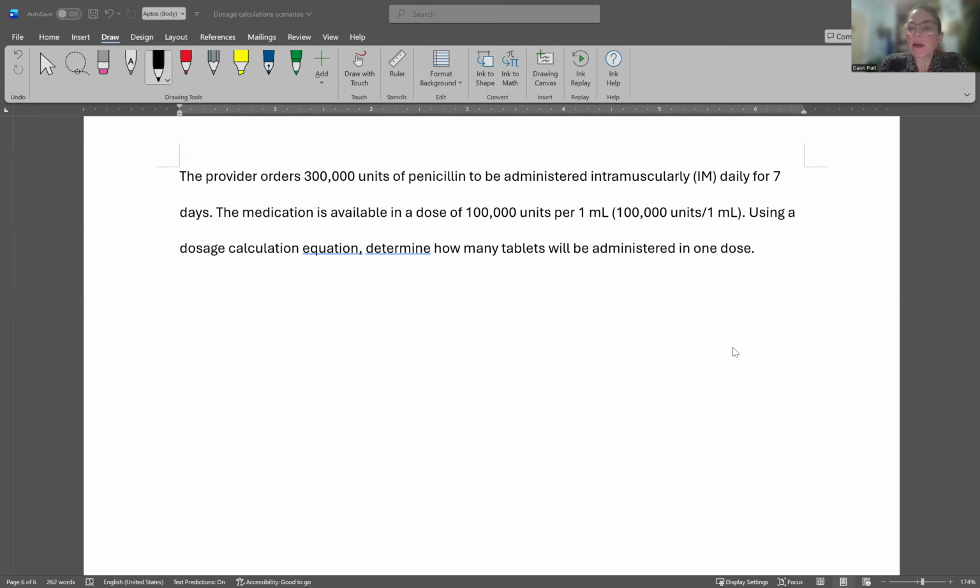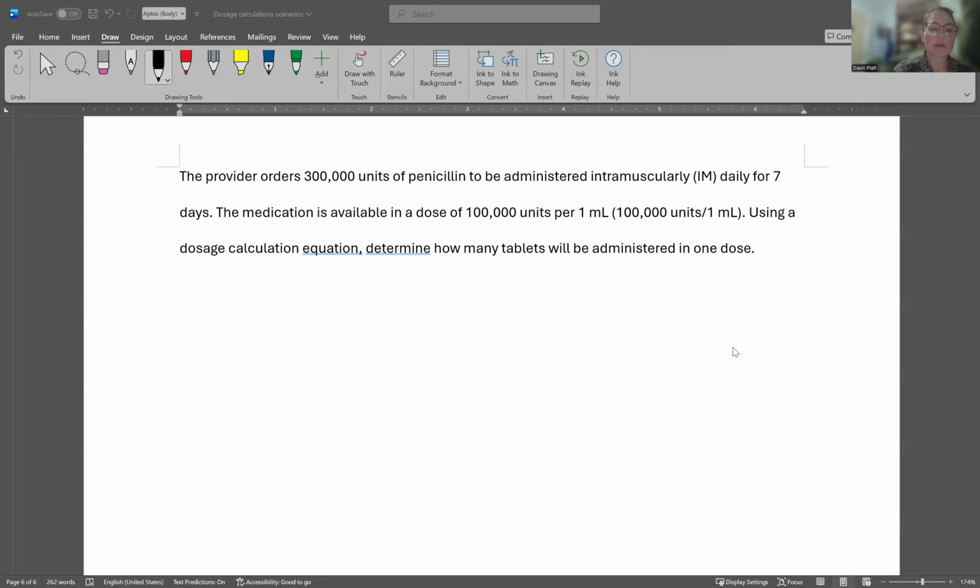All right, we have another little video here of dosage calculations and another one that's different. Got some bigger numbers here, but I want to show you how bigger numbers like these really don't have to be as intimidating as they seem. Same concept, we're going to write our equations out and then we'll go back and take a look at the order to figure out what the doctor ordered and what we have on hand